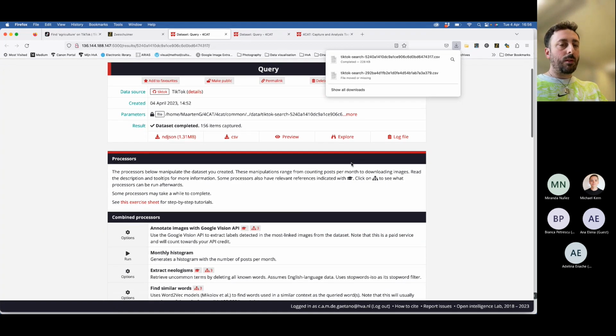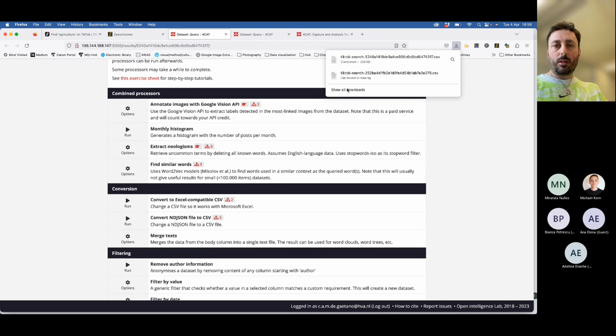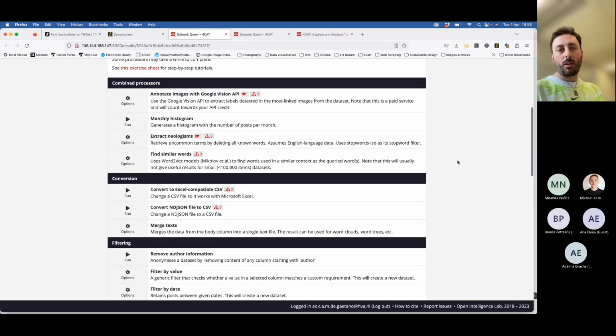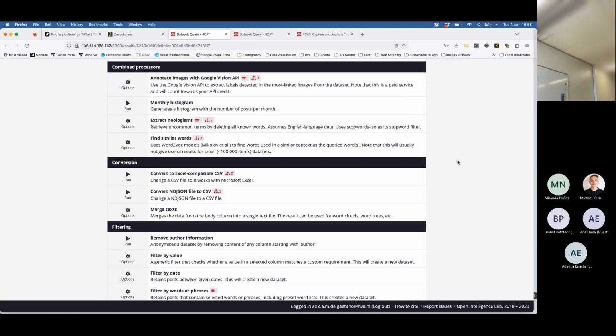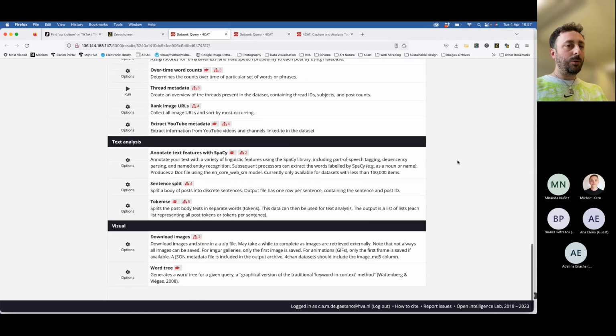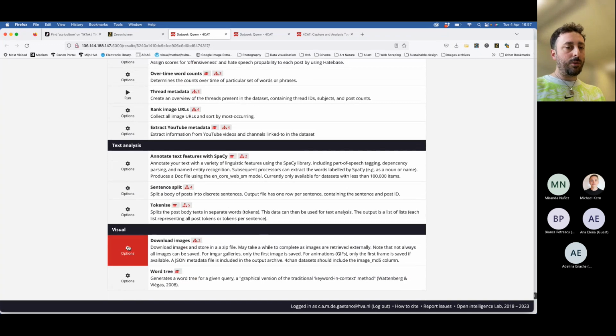And I will give you now an overview of how this looks like. So it has a lot of processors that sounds very complicated, but you don't have to worry. You don't have to use all of them. I will just show you a few of them that may be helpful for this exploration this week. But just know that there are a bunch of stuff you can do with it, and you are free to explore. If you go to the bottom of this, you can also download all the images,